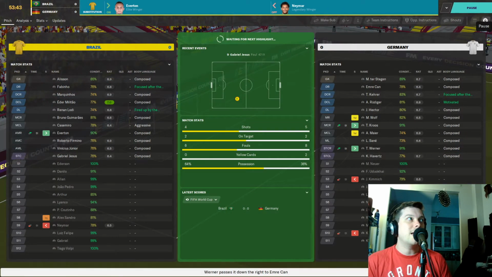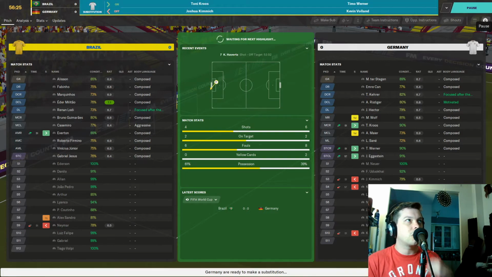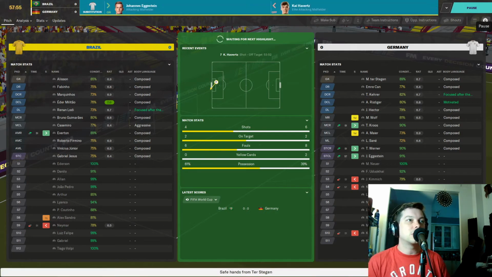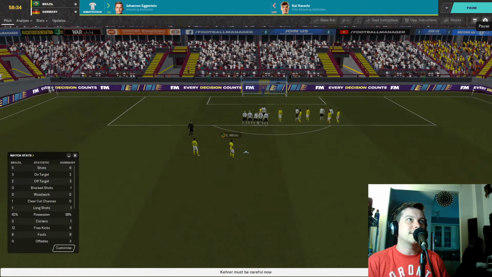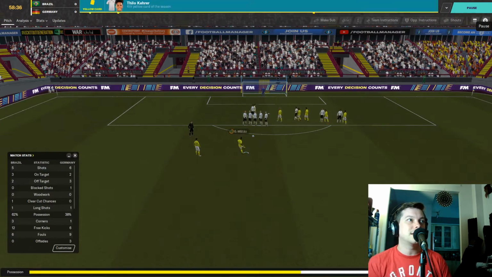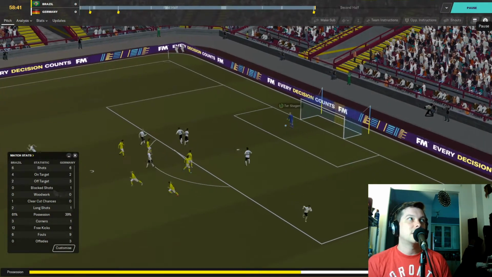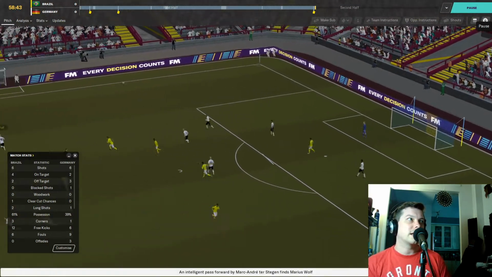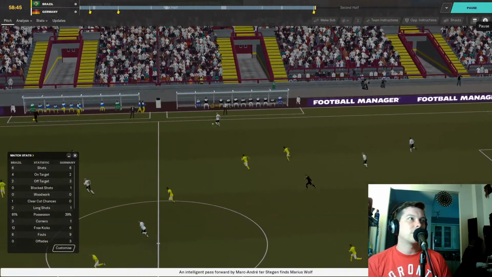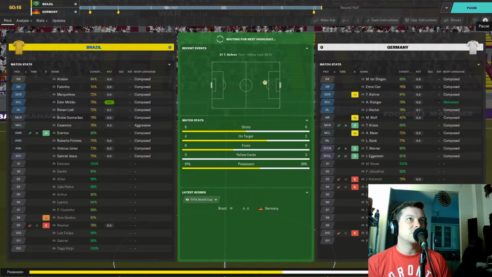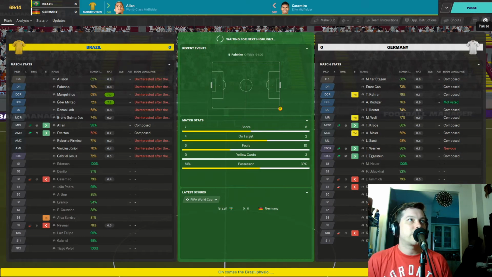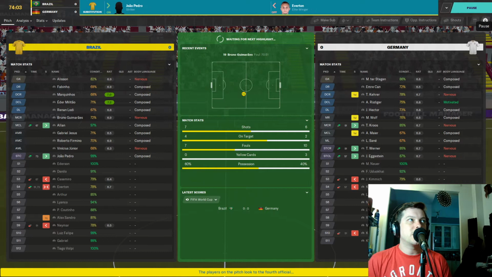Everton on for Neymar now. Big substitution for the Brazilians. Toni Kroos and Timo Werner on for the Germans for Josh Kimmich and Kevin Volland. Also Johannes Eggestein for Kai Havertz here. Free kick to Militao. Free kick straight into ter Stegen's hands. Thilo Kehrer also collecting a yellow card there throughout that exchange. Marius Wolf receives it from ter Stegen. Another sub. Allan on for Casemiro now for Brazil. Germany's made all 3 subs, and now Brazil has 2.